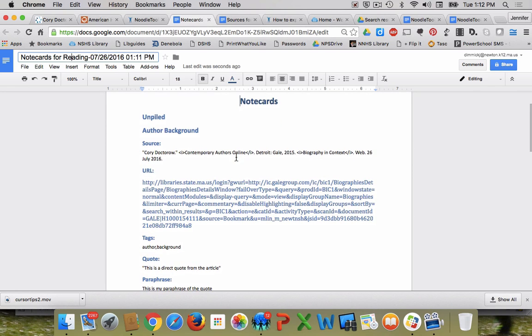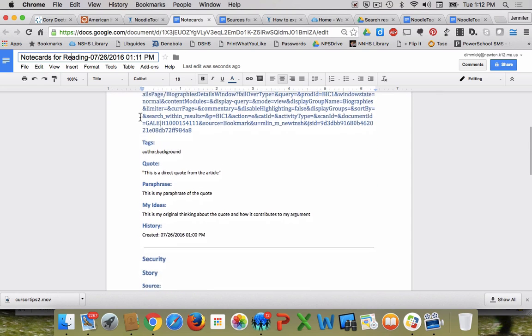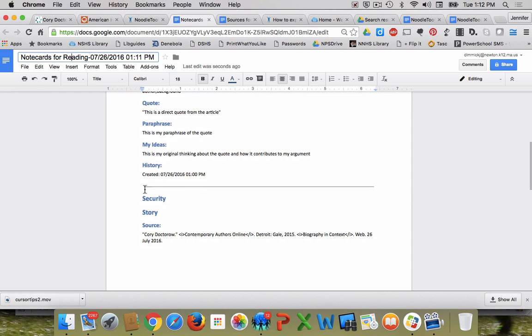It says note cards at the top. It starts with any unpiled note cards. It gives all of the information on the note card. And then there's a line, which is actually handy if you want to use that to insert a page break and print them each on separate pages, or you can just print them like this and